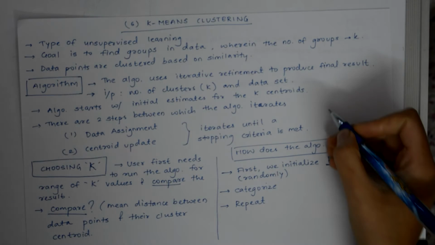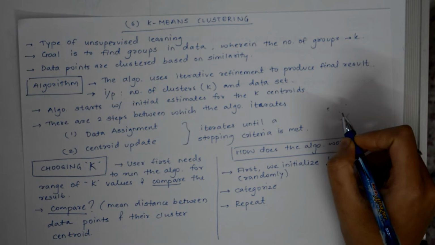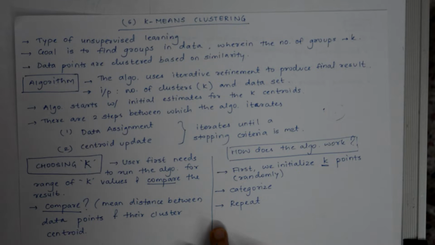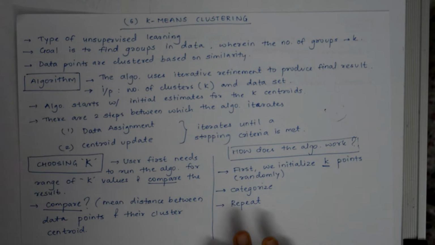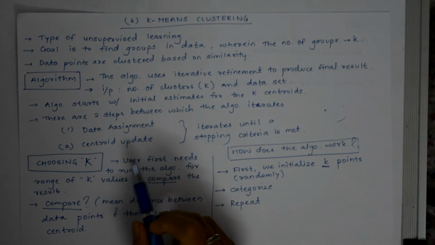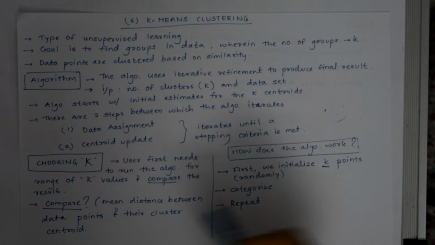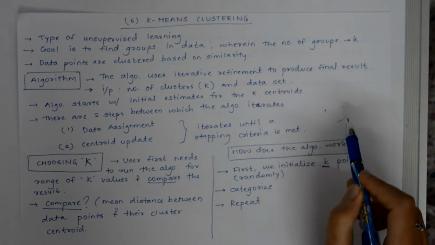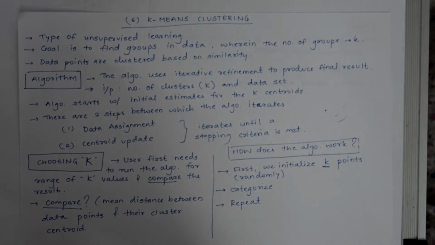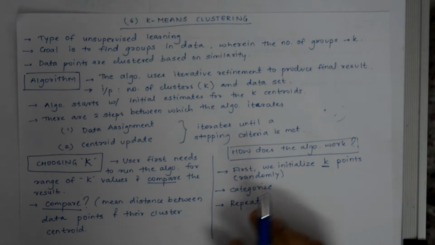So if we have a data point, it is assigned to the nearest centroid based on squared Euclidean distance. Again, the Euclidean distance is the measure used for this algorithm. Then the second step is the centroid update. In this step, the centroids are recomputed. This is done by taking the mean of all data points assigned to that centroid's cluster. So suppose there are various data points assigned to a cluster, their mean is taken.